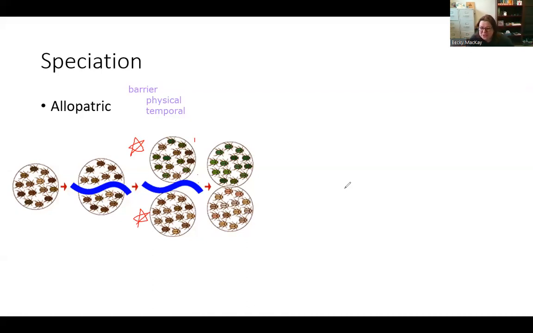What is the definition of a species? Who knows? Honestly, who knows? And this happens a lot. And like I said, this can happen because of a physical barrier. It can also happen because of a temporal barrier. Maybe one group starts to be more active during the day and another becomes more and more active at night. And so they won't reproduce because one's diurnal and one's nocturnal.